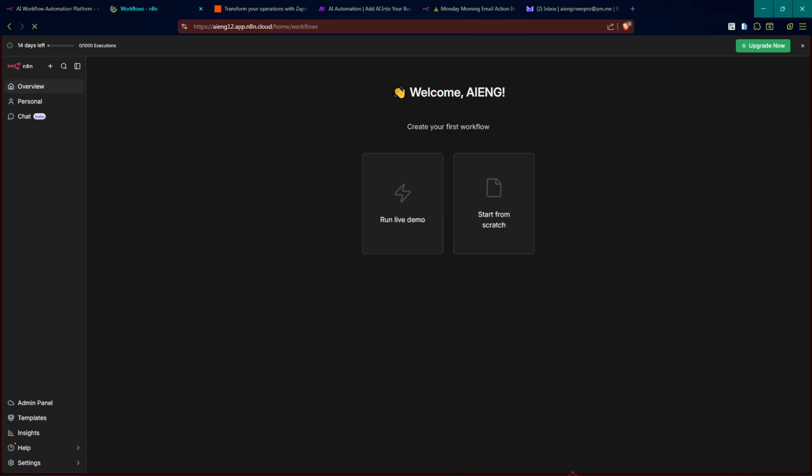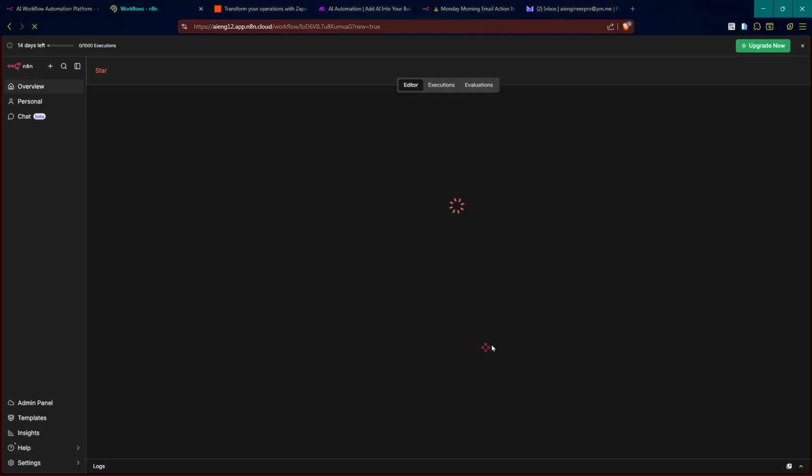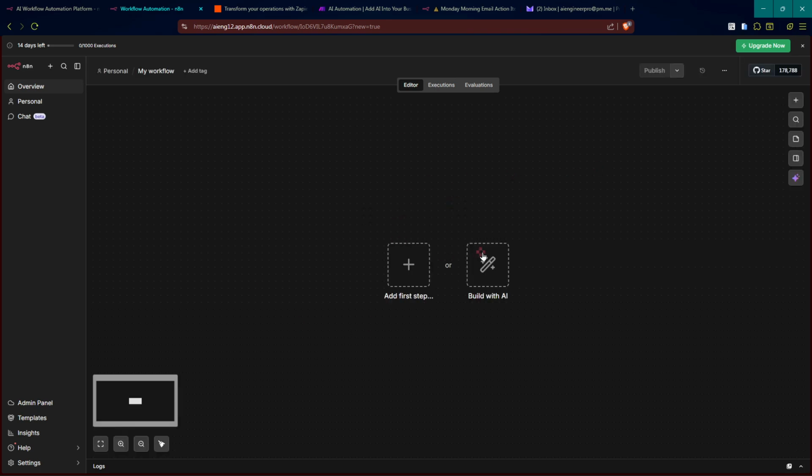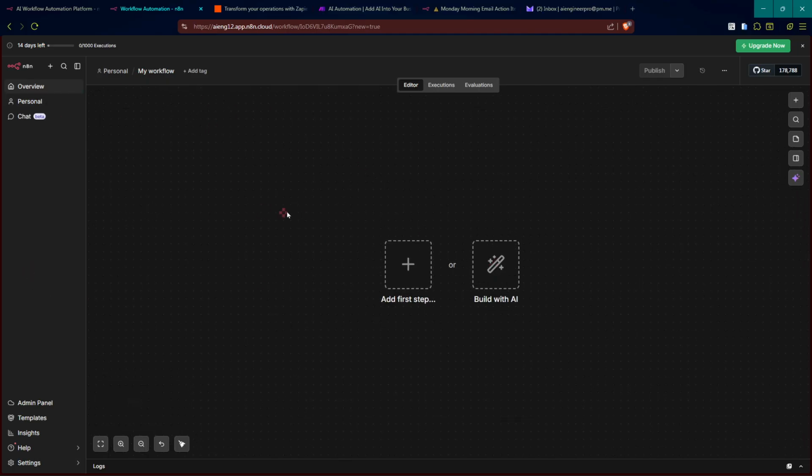Then it takes you to this next page. We of course want to start from scratch, so you can click start from scratch. This allows you to start learning from scratch. So this is all about the introduction and setting up. Continue right after all of this. Then you have the first step. To add a first step, you can build with AI. That you cannot do here, but again, we'll get started right